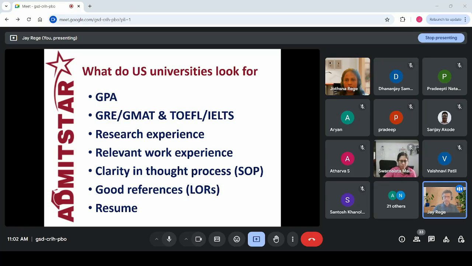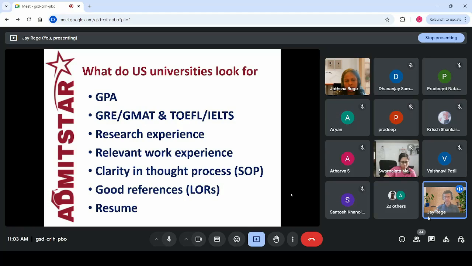So let's start with when you decide on applying for your MS. Once you start applying for your MS, what do universities look for in an applicant? This is the first step when you start working on your MS applications, to give you an idea on how to shortlist universities. Many students have this confusion on which universities to apply to, and on what criteria the university would judge my profile. So these are basically the criteria on which universities decide whether or not to admit a particular applicant. This is kind of in the order of importance, not exactly, but